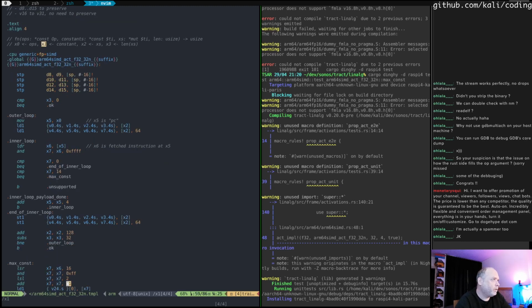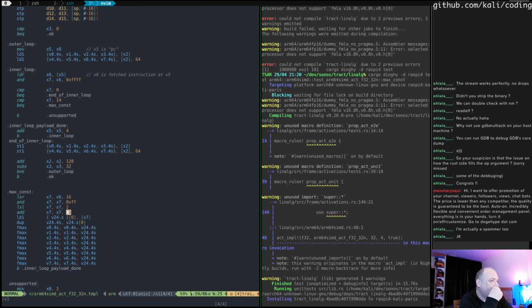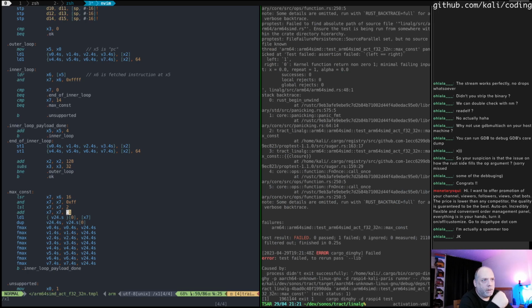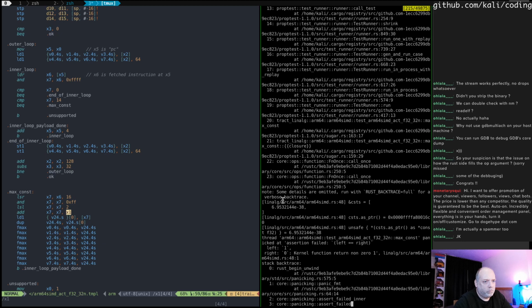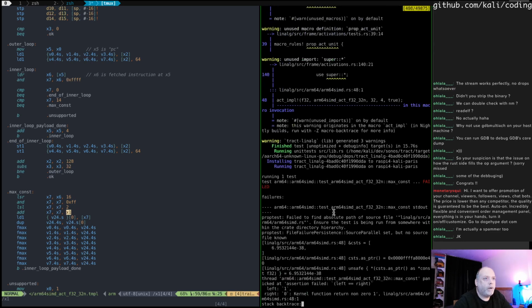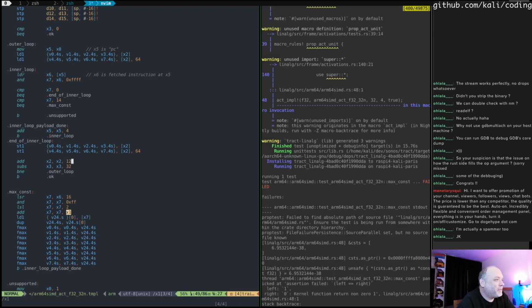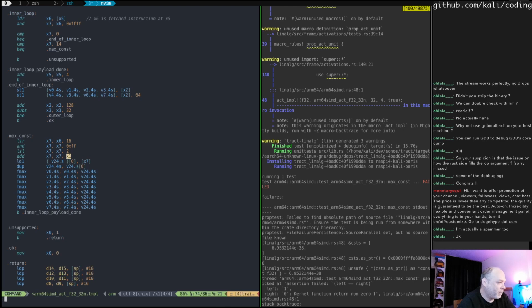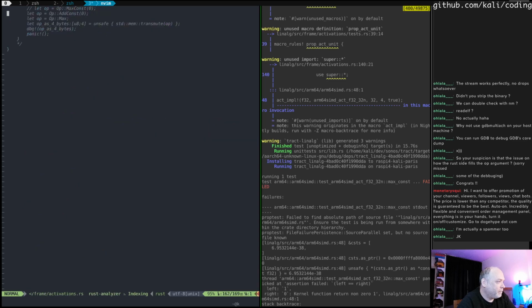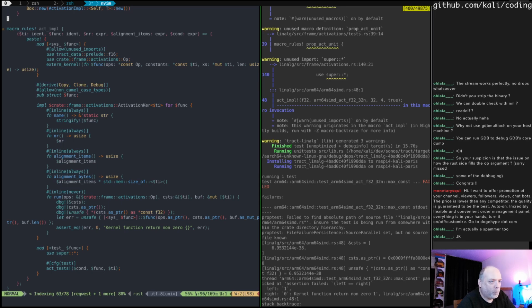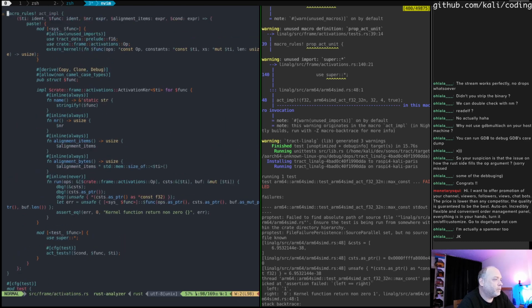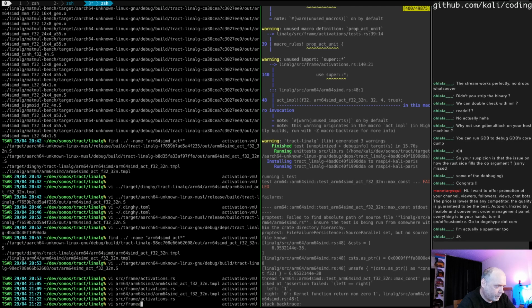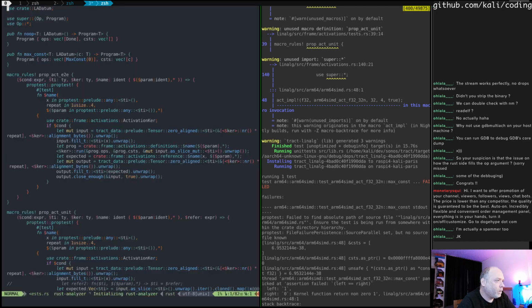I want to check that I'm not using x1 somewhere else. No, it looks fine. Okay, so oh, that's interesting, except it's not. Oh, wait. Okay, so we will do what I was describing before, and I want to know that I'm testing the right thing. I mean, it can be super confusing with prop test because we don't exactly control what test is running, because it generates random values and tries to find stuff that doesn't work. So in order to debug that kind of issue, I'm going to make